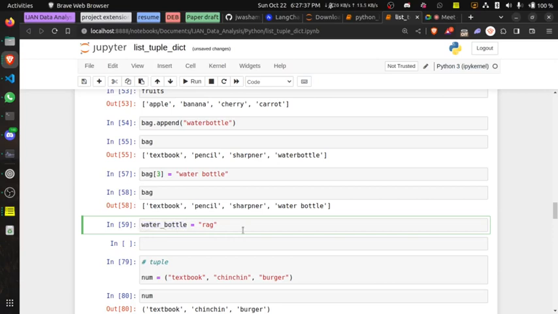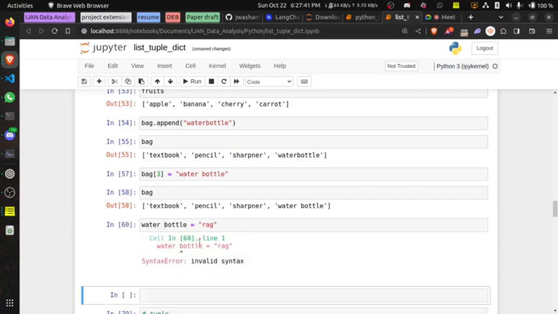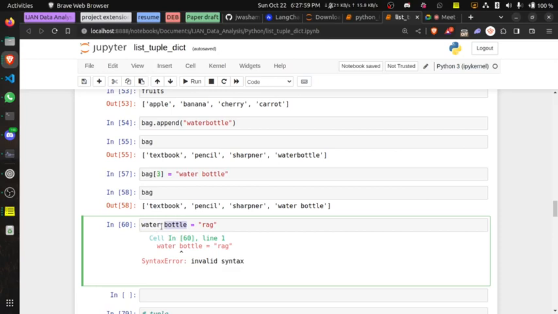Now, let me try to put a break and use space here, and I use shift enter. You can see that there's an error. Now, the reason why you get an error is that Python is seeing water as something separate. So it's seeing this as two disjointed things, water and bottle. They are not connected, right? So if you have this statement, maybe you are supposed to have something that connects to this, but you don't have any of that. You just have something separate like this.